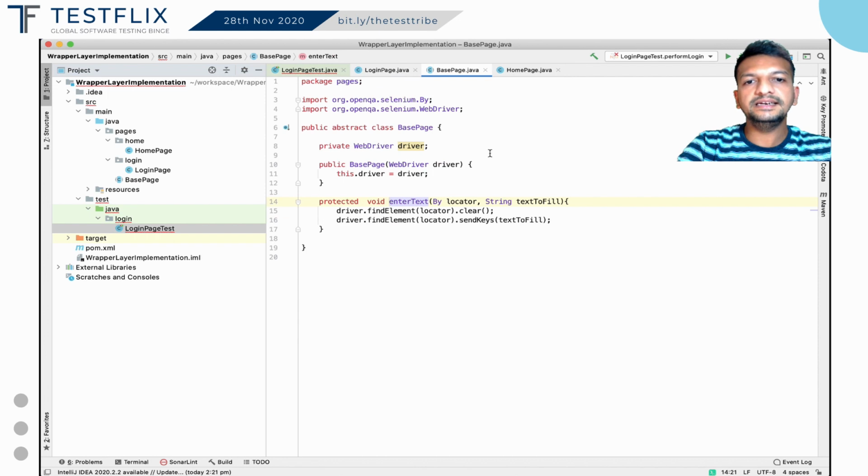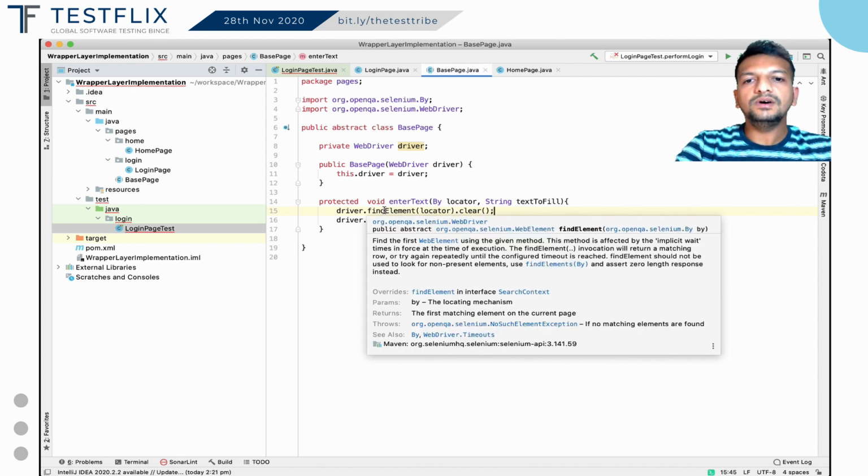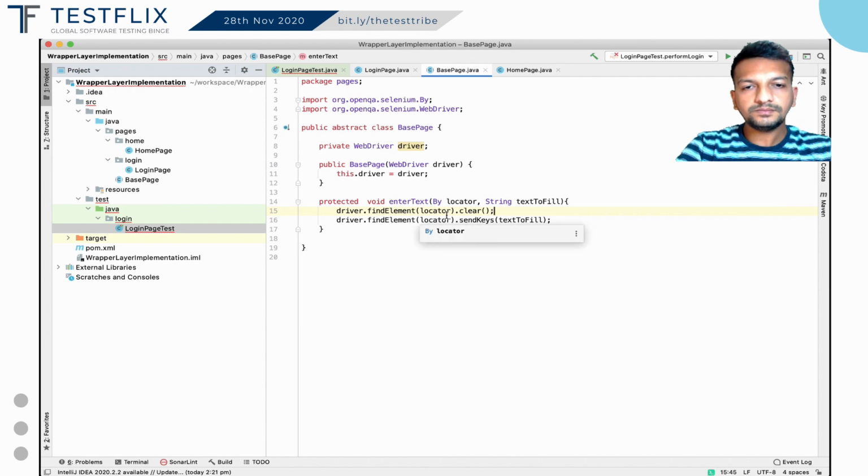Whereas if you are using Selenium and interacting with the WebDriver from multiple classes, that's why we need to introduce the concept of base page, where you just make a change in one place and all your other classes work as per the new implementation. I call this policy the single point change principle.